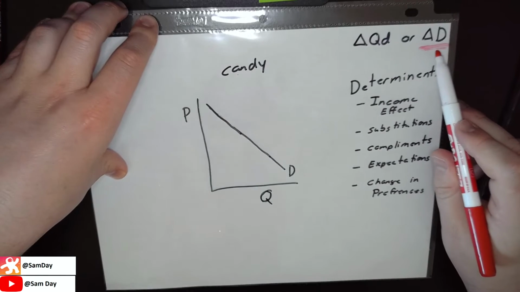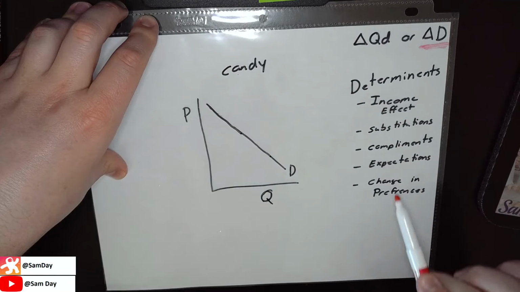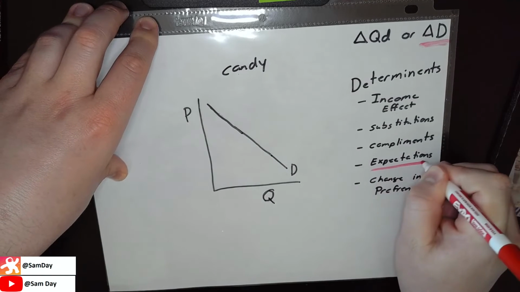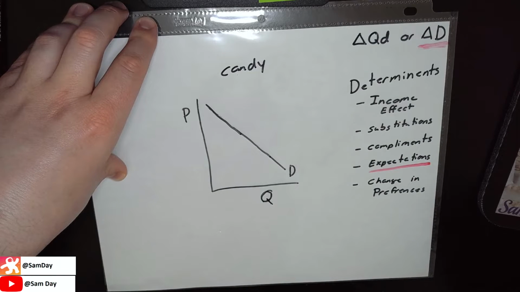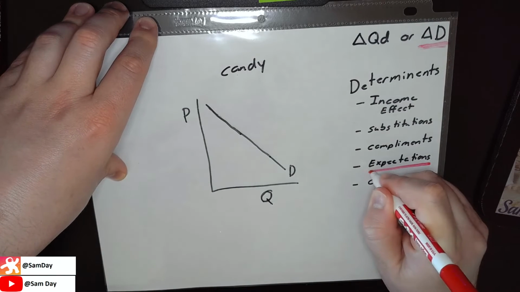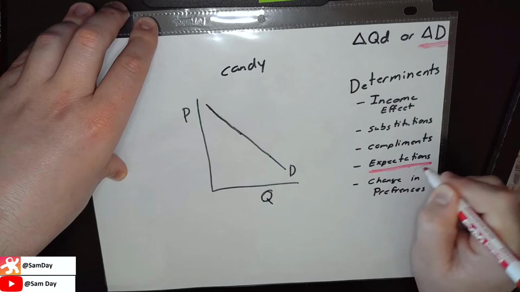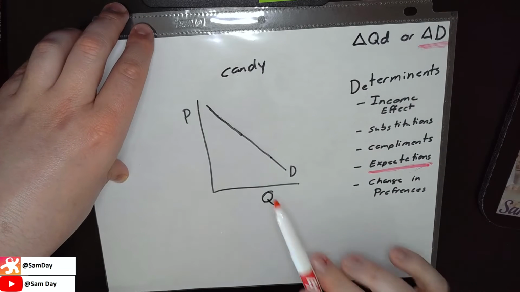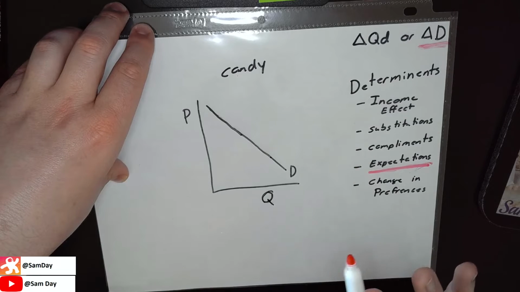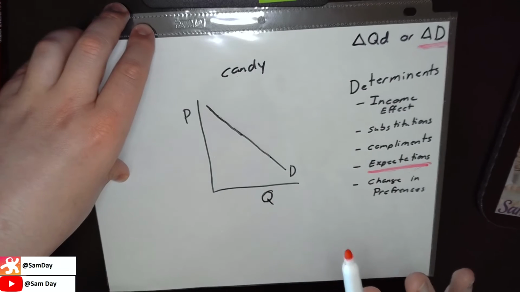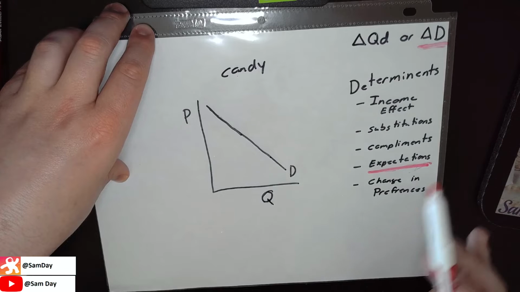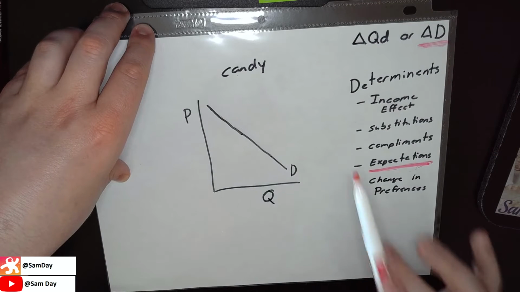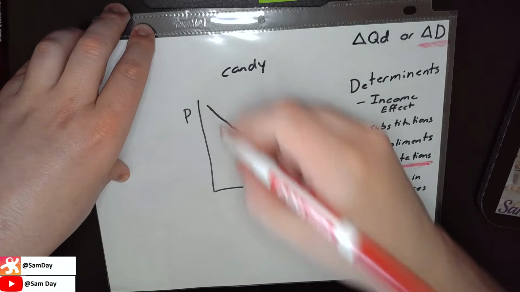Now, because it is a change in demand, it is going to have a determinant. So you could say expectations is the determinant. So why? Because people are expecting long lives based off of their candy consumption. So if people are expecting to live longer if they eat candy, are people going to buy more candy or buy less candy? Well,